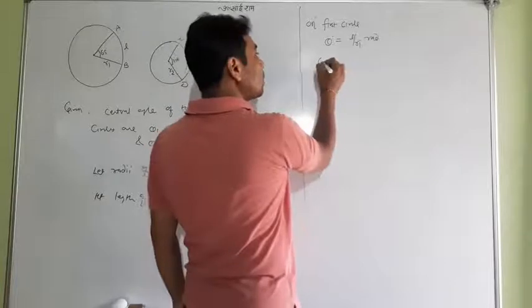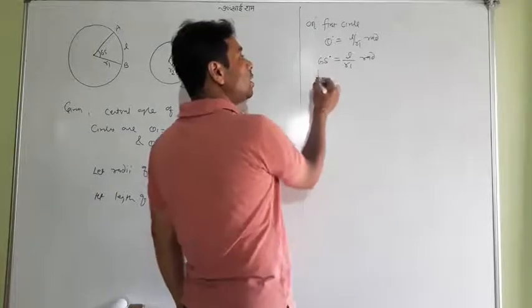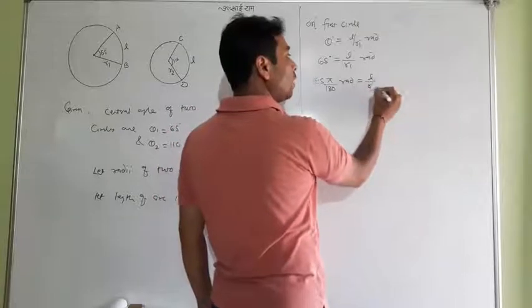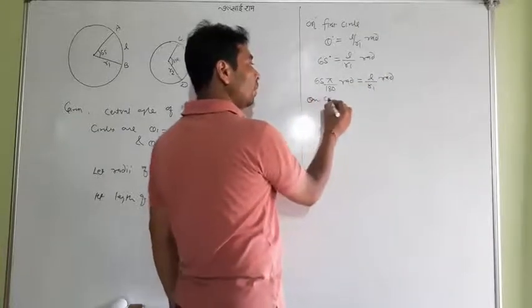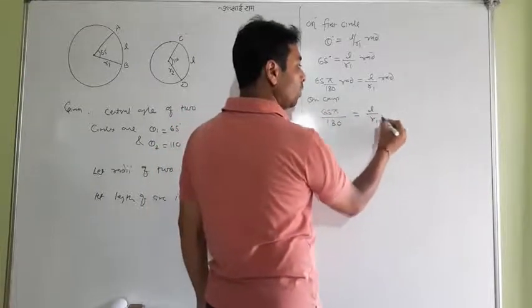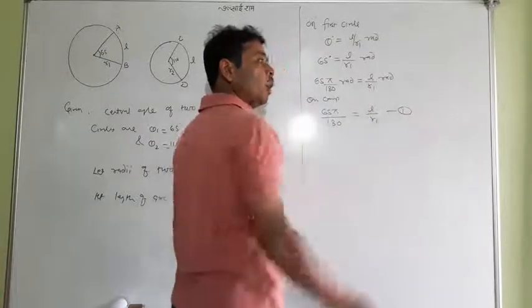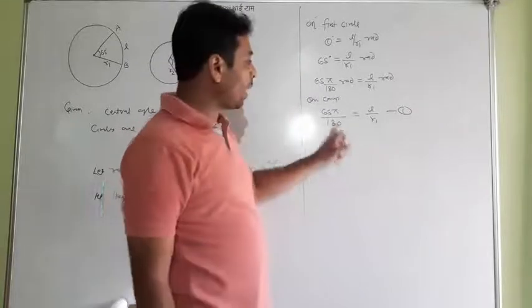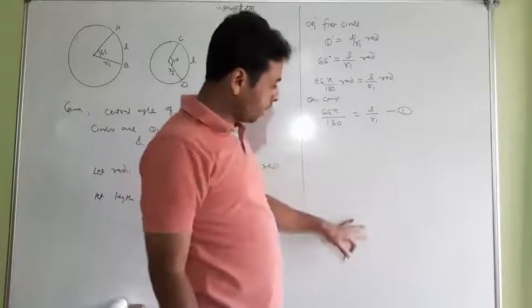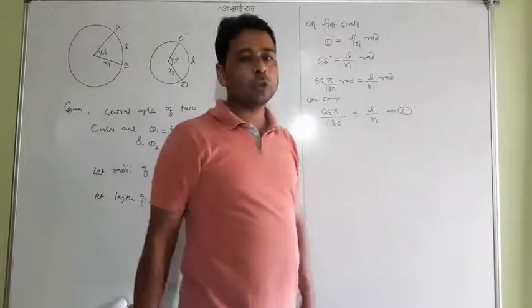Theta degree was 65 degrees, L upon R1 radian. 65, I'll write as 65 pi by 180. It is in radians. It is L upon R1 radian. On comparing, 65 pi upon 180 equals L upon R1, and both are in radians so can be compared. This is the first equation. A question may come to your mind why I didn't simplify that; you will know after this particular step why I didn't cancel or simplify that term. So keep it as it is, no matter at all.